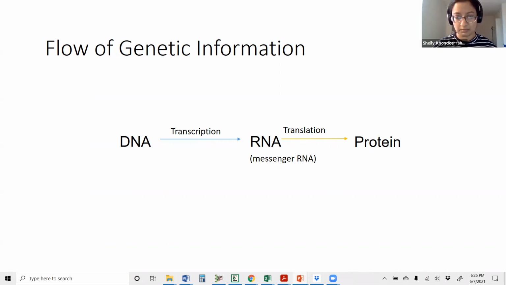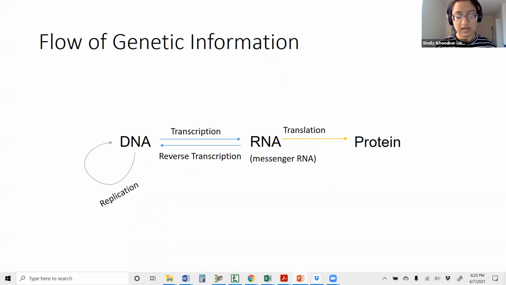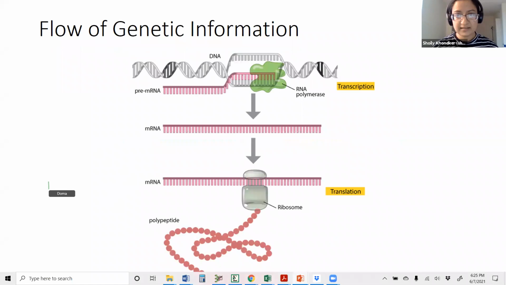In reality, it's a lot more complicated than this. In addition to transcription, we also have reverse transcription, where RNA can be reverse transcribed into cDNA or coding DNA. In addition, DNA maintains itself through replication. And this is a schematic of how that occurs with